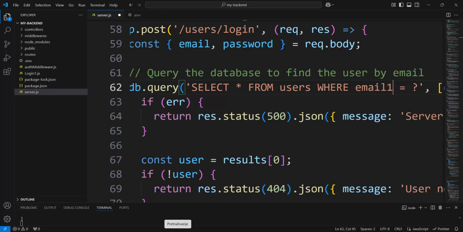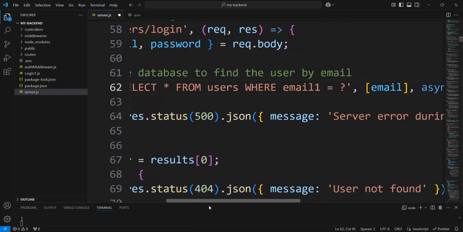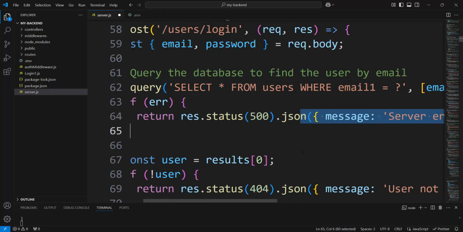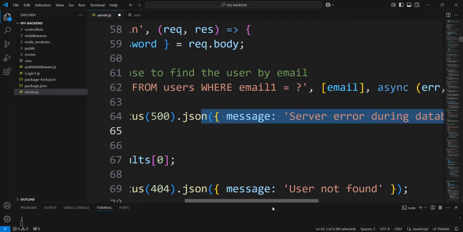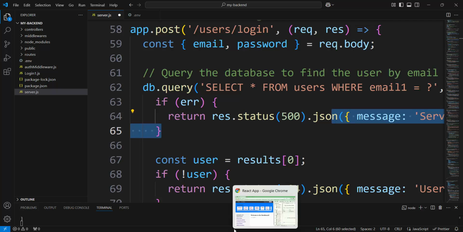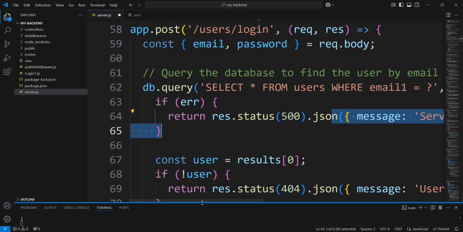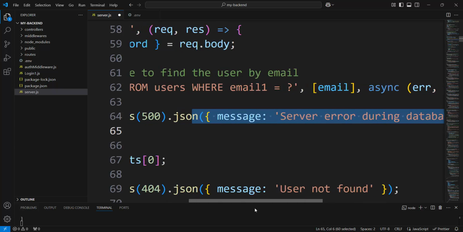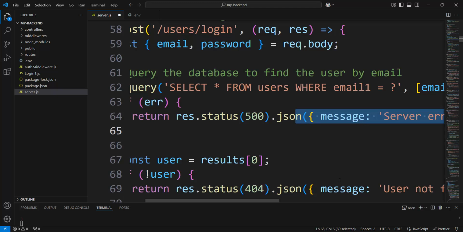And I see there would be an error, and that error would be caught by this. And I hope to see server error during database error. Okay, let's see what happened now. Before any new wrong coding,